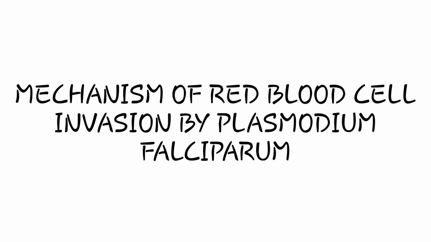What do they have that enables them to invade these red blood cells and affect the normal circulation of the blood, and also cause rosette formation, sequestration, and lastly cytoadherence? So to start with,